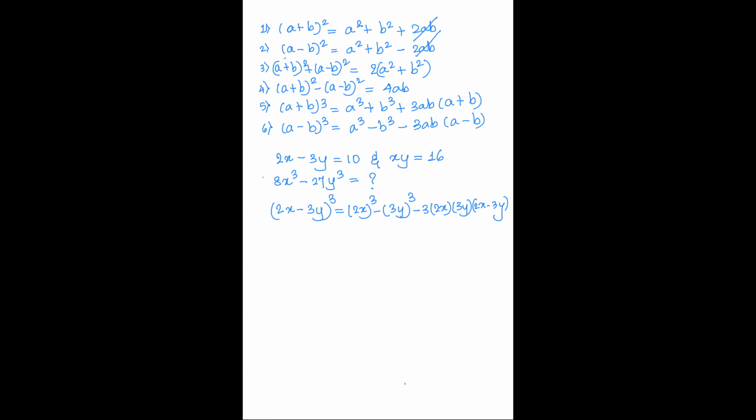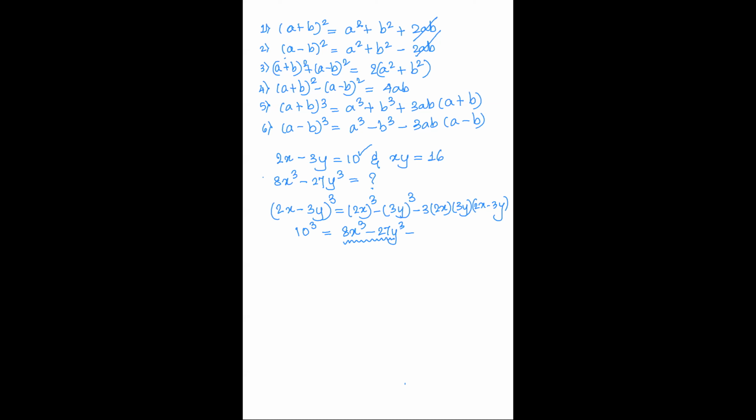Chalo, let us begin with our substitution. Oh goodness, there are some students who get the answer so fast. Chalo, 2x minus 3y. Now we see the value of 2x minus 3y is 10. So we are going to put here 10 cubed is equal to 2x the whole cube, which is going to be 8x cubed, minus 3y the whole cube, which equals 27y cube. देखो ये हमें find करना है. This is what we are supposed to find out. अगर यही find करना है, so we understand that everything other than this should be in terms of numbers, so that we can shift it to the other side and get the value of 8x cube minus 27y cube.